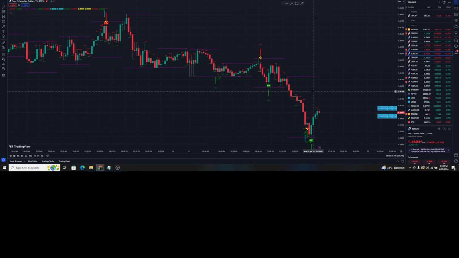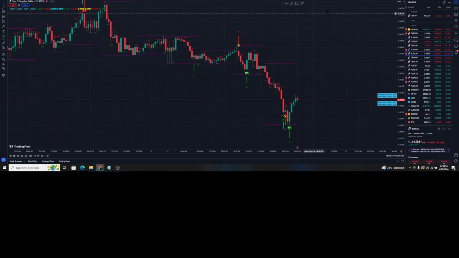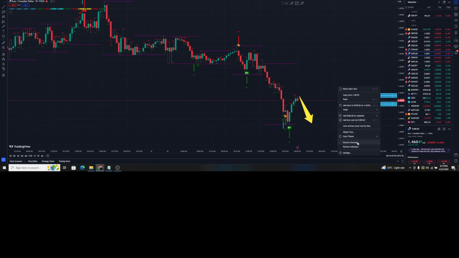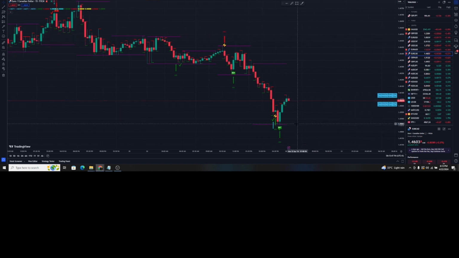For example, the trend is down, so the price is more likely to get a rejection from this red level. So go with the flow of the market. However, this indicator is also good if you are going to do against-the-trend scalping, but here you need to always take care of the stop losses, because stop losses are very important. If you do not take care of your stop losses, then you are going to blow your account. So be careful about it.